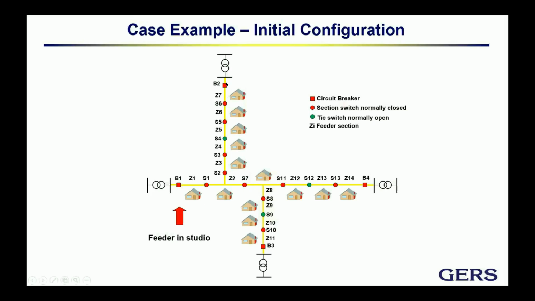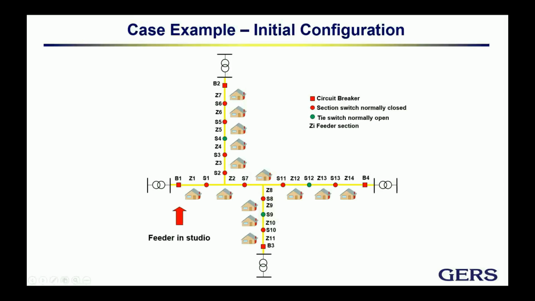Feeder 2 goes from breaker 2 all the way to switch 4. Only 1, 2, 3 sections. Feeder 3 will have 2 sections, 11 and 10. Finally, feeder 4, which is fed from breaker 4, has also 2 sections, 13 and 14. In green, of course, we indicate those switches which are open. In red, those which are closed, as indicated in the conventions here. Okay? So let's assume that a fault will happen here, and we will see the 5 steps that I've mentioned